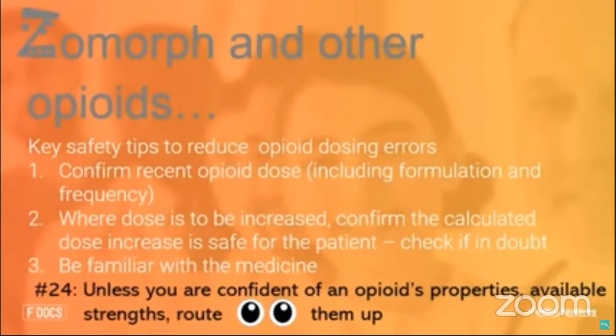Otherwise, you know, a patient says, oh, I'm on morphine, and maybe they'll name the old morphine they're on, MST, and then you copy the drugs and they're on a drug called Zomorph twice a day as well, and you put them on that, and before you know it, the patient's had more opioid than they should be having. So really it's just the importance of confirming recent doses that were previously prescribed and being familiar with the medicines. And if you don't, look it up or ask a colleague, pharmacist or specialist palliative care clinician.